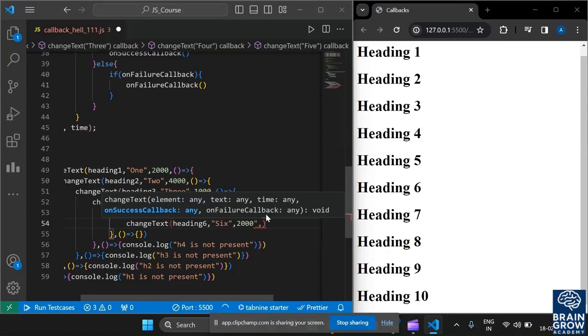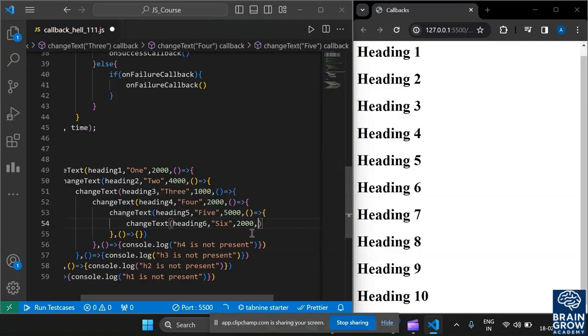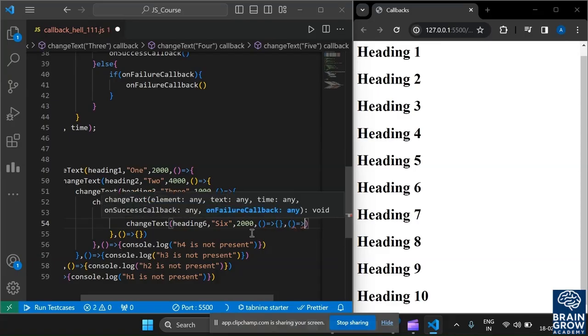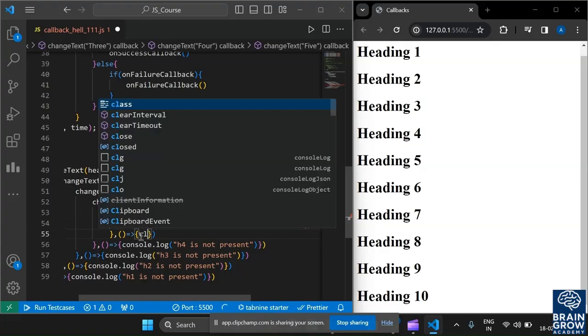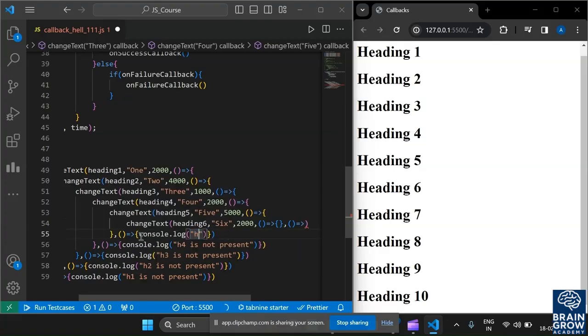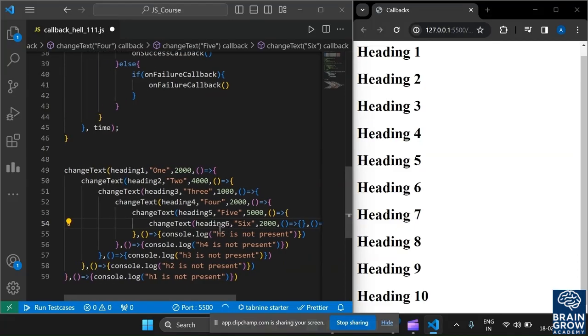It's a repetitive task, and let's say 6 here, and inside pass console h5 is not present, and inside we want to pass nothing for heading 6, because now you can see that the structure looks like